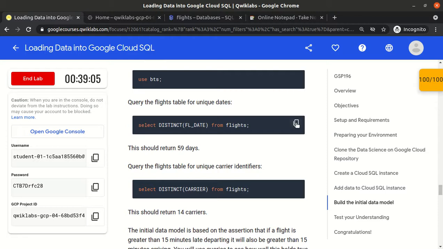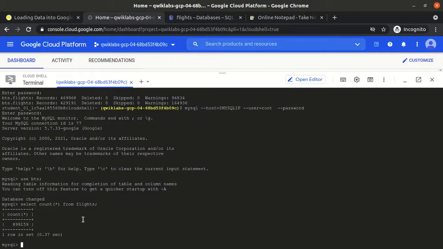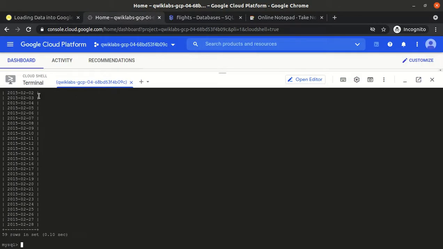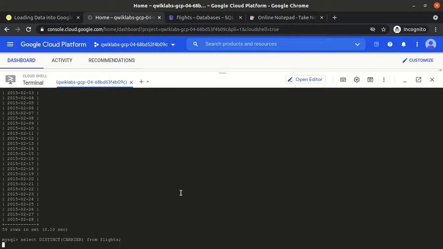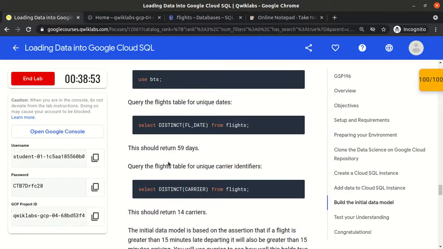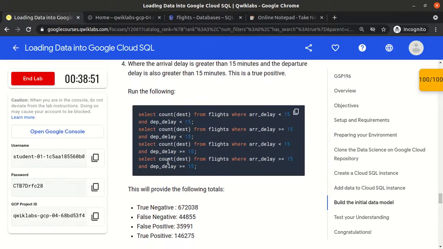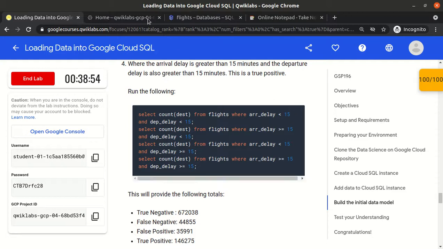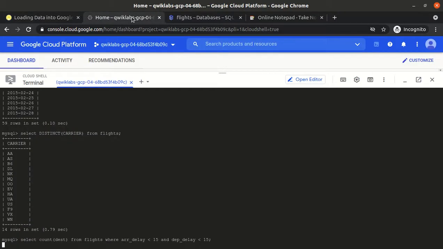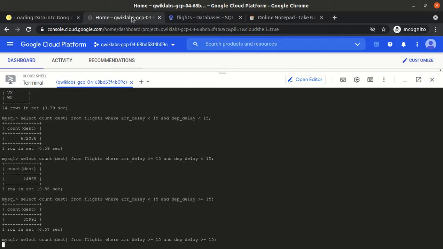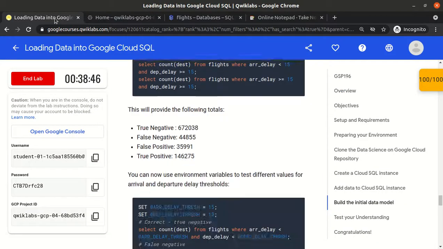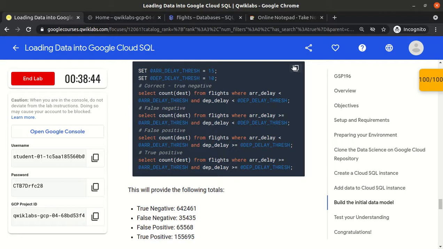Okay, so now issue a few SQL commands. Just randomly issue the commands which we have been given.